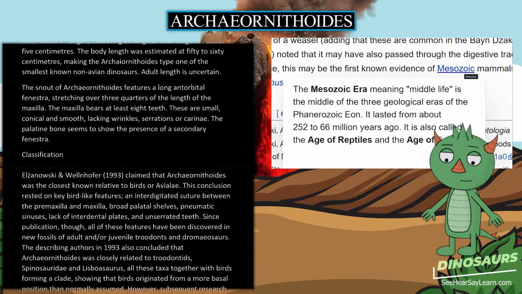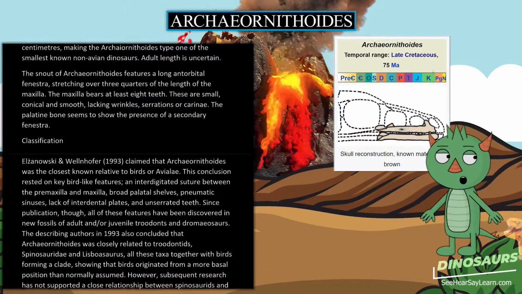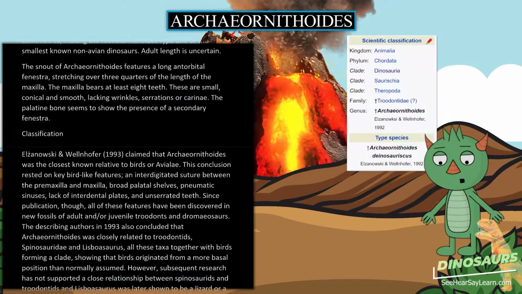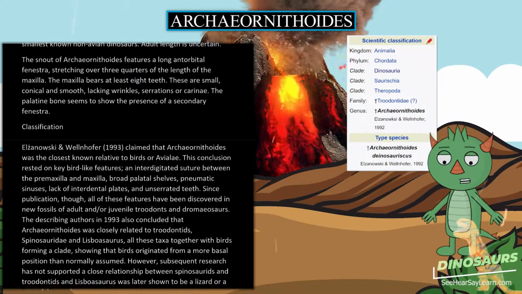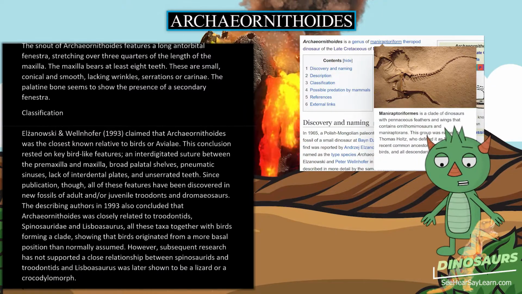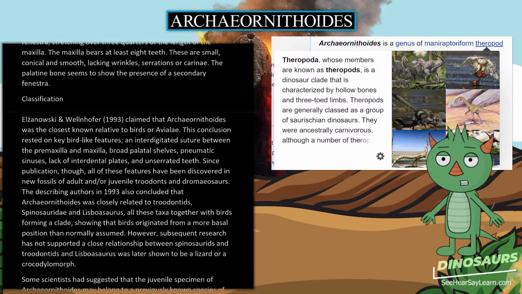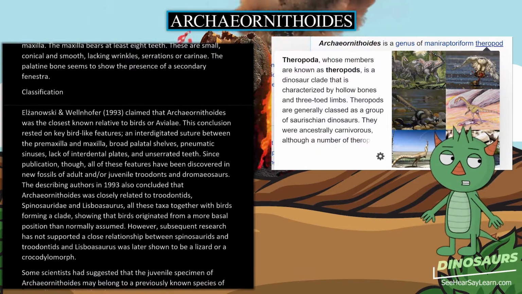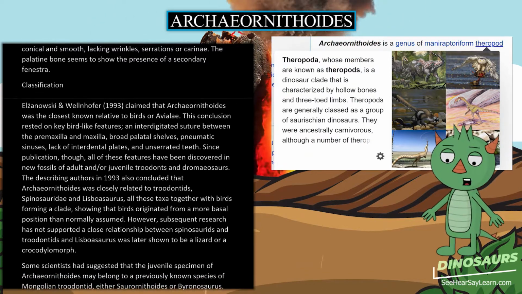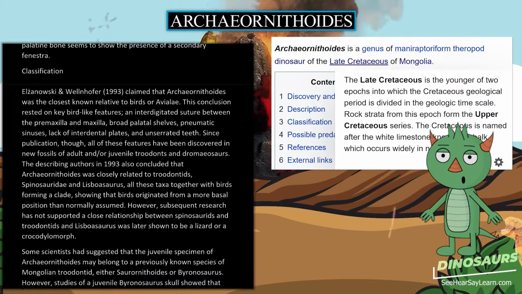Classification. Elzanowski and Wellnhofer, 1993, claimed that Archaeornithoides was the closest known relative to birds, or Aves. This conclusion rested on key bird-like features: an interdigitated suture between the premaxilla and maxilla, broad palatal shelves, pneumatic sinuses, lack of interdental plates, and unserrated teeth. Since publication, though, all of these features have been discovered in new fossils of adult and/or juvenile troodonts and